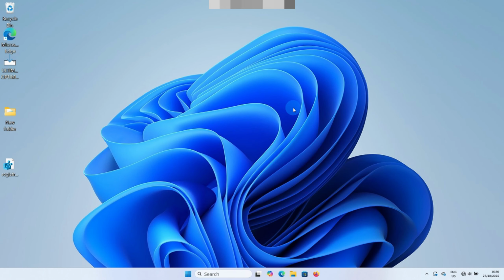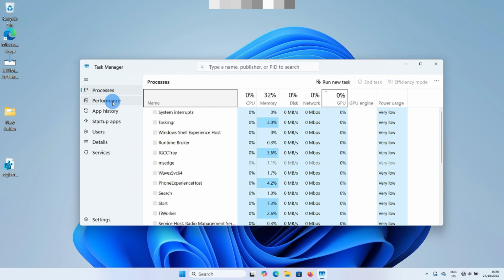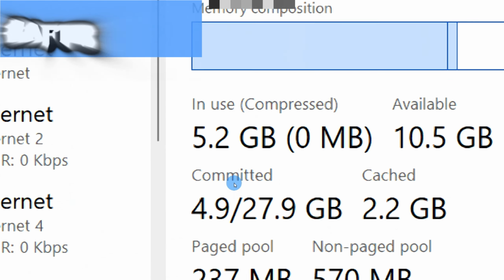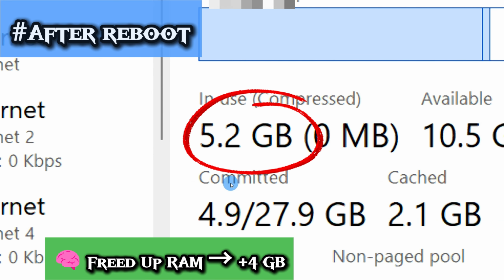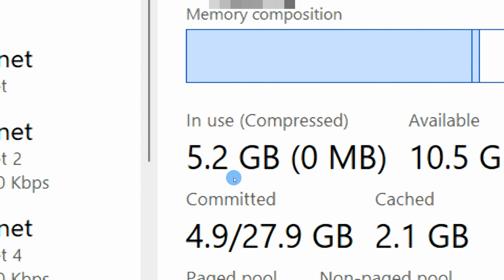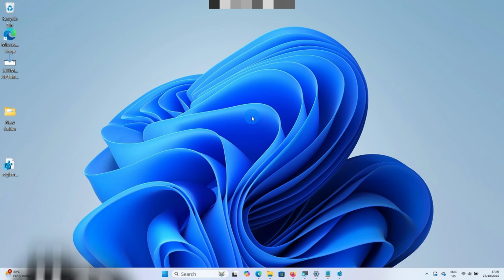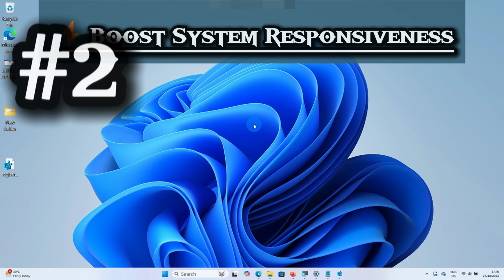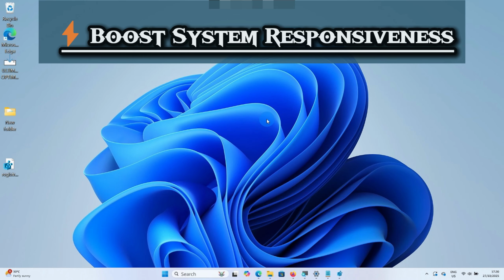After reboot, your PC will have more free RAM available for active programs. Applications will open faster. Switching between windows is smoother, and the overall desktop experience will feel lighter, especially on older PCs. Our second optimization boosts system responsiveness, and this will be done by prioritizing foreground apps for smoother and snappier